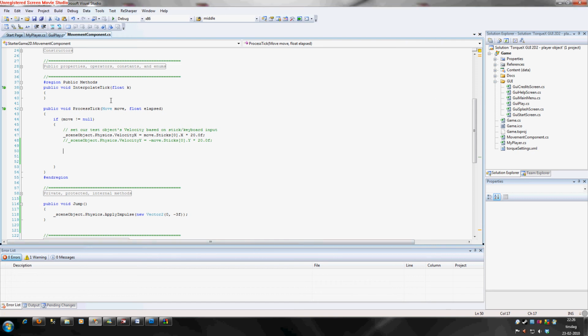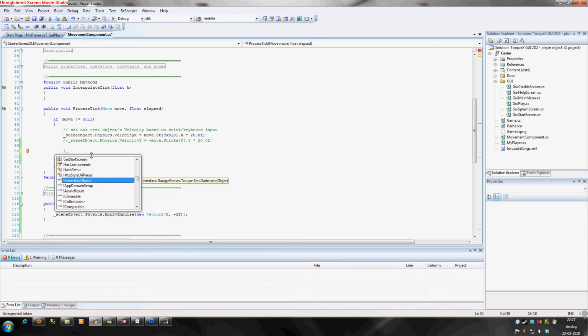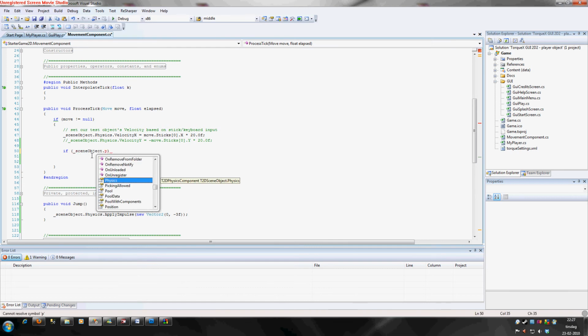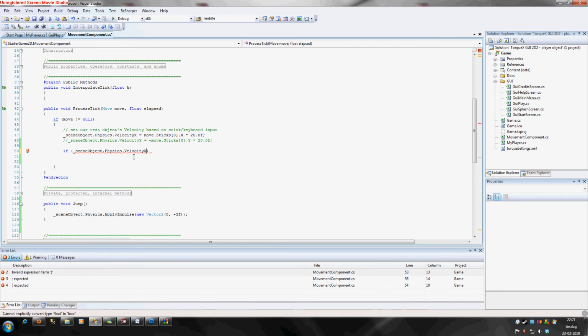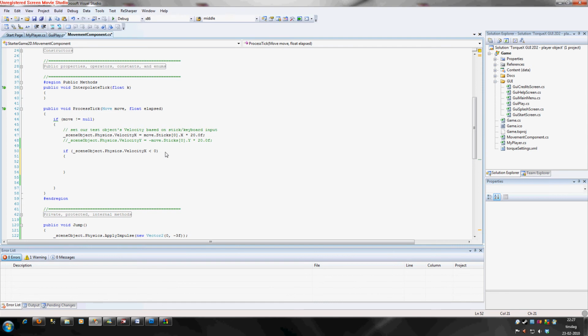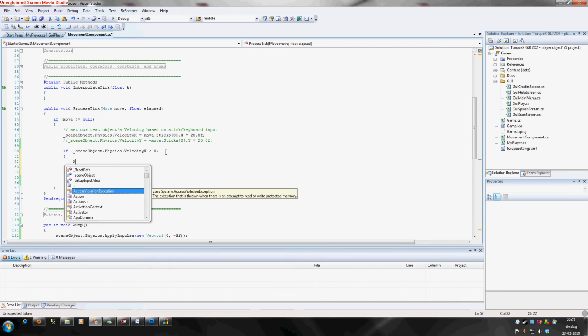Right. So what you want to do is get a hold of the movement component and find the process tick method. And what we can do here is ask our scene object. It has something called physics and velocity x, which tells us how it is moving on the x-axis. So we ask if it's less than 0, we are going left. We want our player orientation